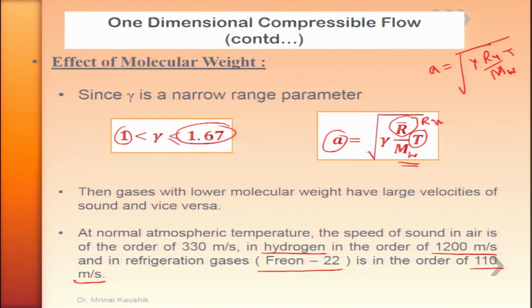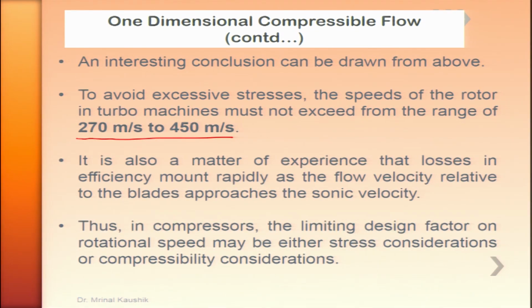And normal speed of sound in the air under sea level conditions is something around 330 meter per second. Now please see, you are intelligent enough to understand this thing, that since we are keeping, just to ensure a fail safe design for rotors, we keep the speed of rotation something around 270 to 450 meter per second. That means if I am using the hydrogen as a gas and flowing over the rotors for turbo machinery for